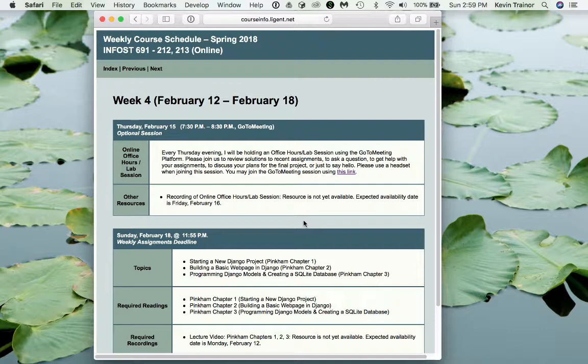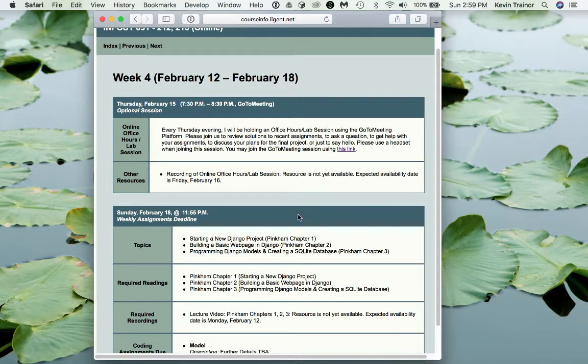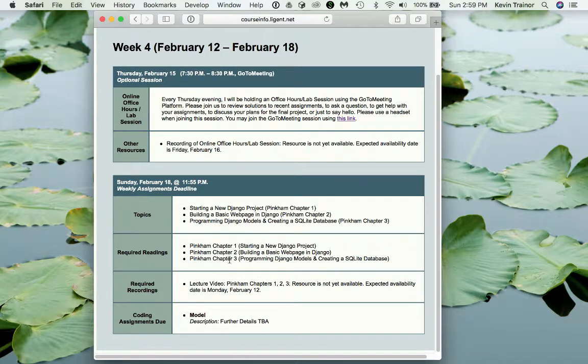The third little system that we're going to build is what we're going to build in the rest of the coding assignments that come after we do the tutorials. Okay, and where are they? Well, the first one is going to be in week 4, and it's going to be the one where we do the model for that